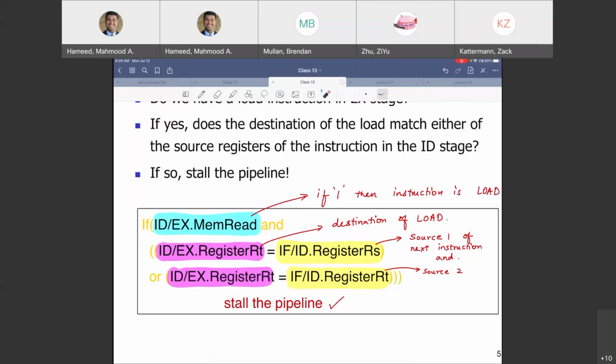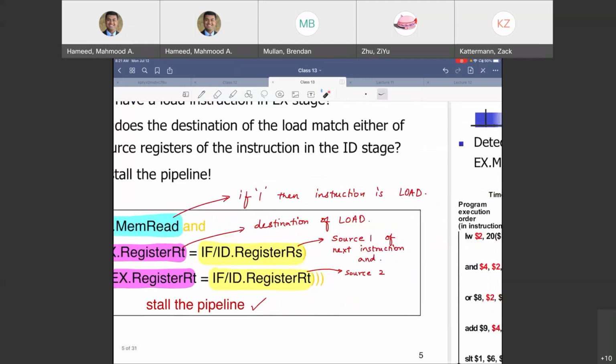Okay, so if hazard detection unit is something that we are going to put together in hardware, then what are some of the inputs to that hardware? Can you guys think of some inputs to the hardware? Right. So all of these should be the inputs to the hardware. So imagine a block in your data path to which you are getting something, mem read control signal. Where is that from? IDEX pipeline register. From the IDEX pipeline register, get register RT. From the IFID, get RS, and so on. Make all those connections that will go into the hazard detection unit.